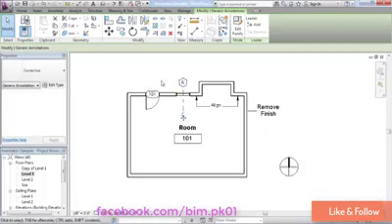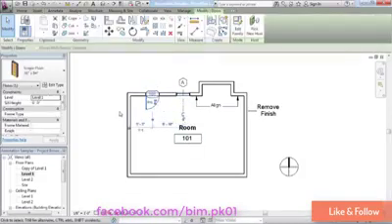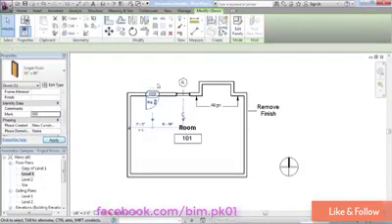Now, the tags also use labels, okay, but the labels and the tags are a little different. Here, the tag was just a generic placeholder, and I was able to type in anything I like, the word remove finish or the word align. Here, the designation is actually part of the host object, in this case the window, or in this case the door. So if I select my door and I come over here and change this to another designation, the tag